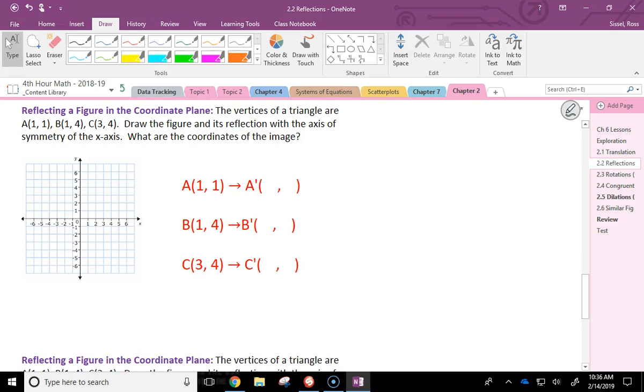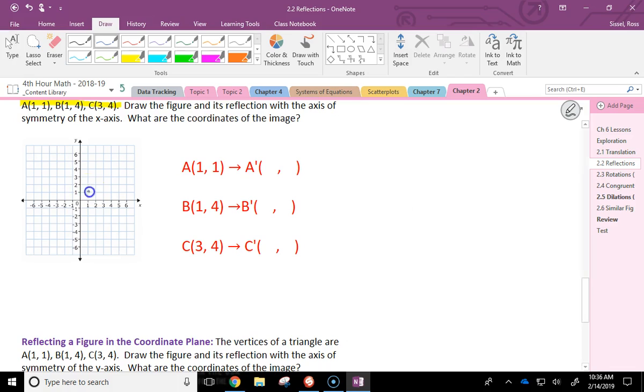First, it says the vertices of a triangle are at, and this is pretty simple to do. Dusty has actually kind of told us the answer, but it should have been a preview on how we do this. My points are at 1, 1, 1, 4, and 3, 4, over 3 and over 4. Draw the figure and its reflection with the axis of symmetry at the x-axis, which means